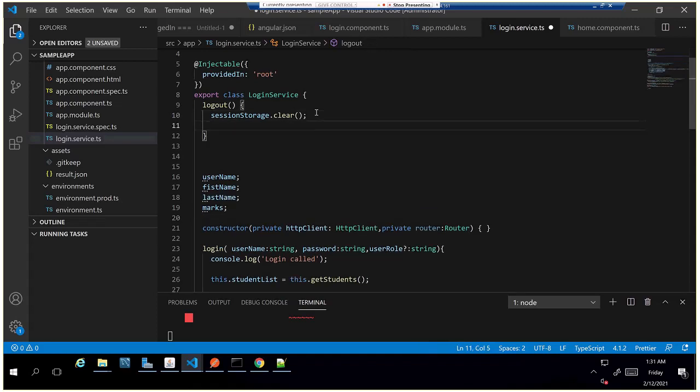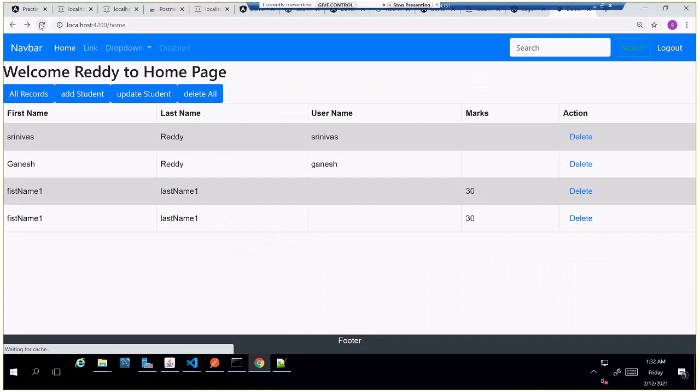It's just this dot router dot navigate, then square brackets, and quotes inside that, and then you call the login. A path always comes with a slash, so slash login. Yeah, this is a path, so it should come with slash. That slash login is what you mentioned in your router config file.